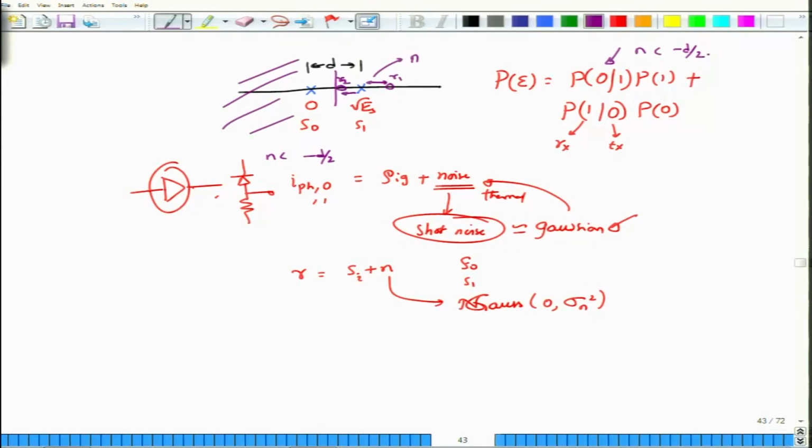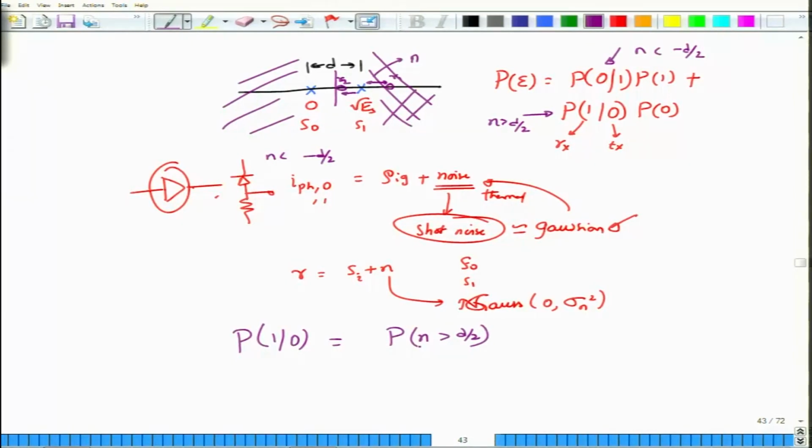So you might have transmitted 1, but you would have received a 0 when n becomes less than minus d by 2. Alternatively, for this particular case, noise can be negative, doesn't matter, but when noise becomes greater than d by 2, then you are in trouble, because S0 might be transmitted, but it would actually put it into this region, and in this region all points are actually closer to S1 rather than to S0. So the condition for making the error, say P1 given 0, seems to be that the probability of noise being greater than d by 2.